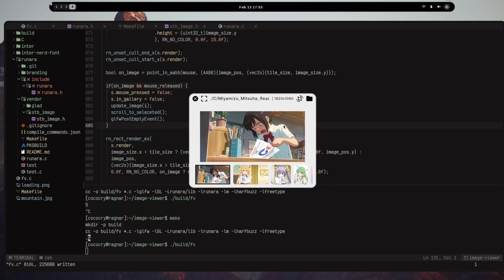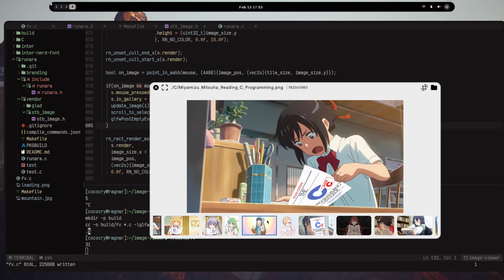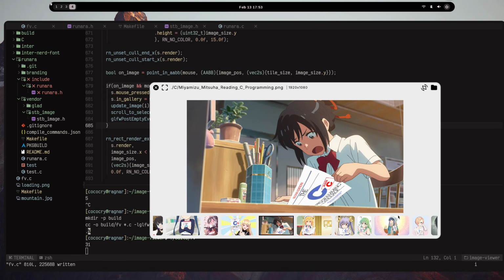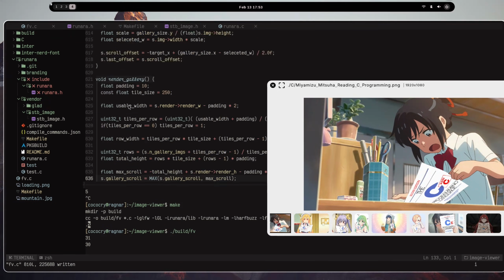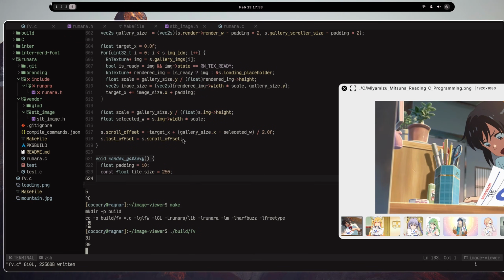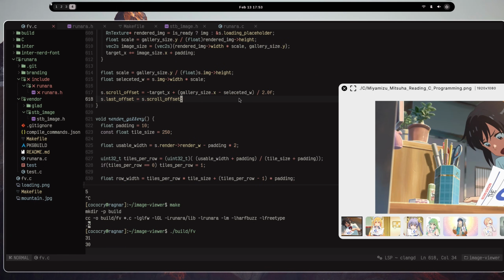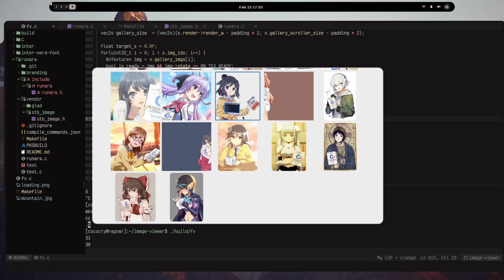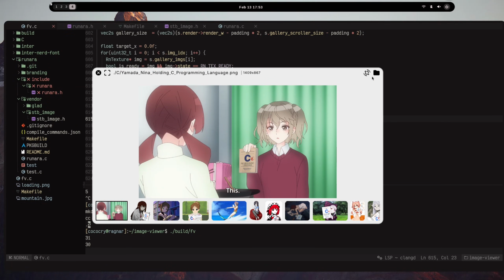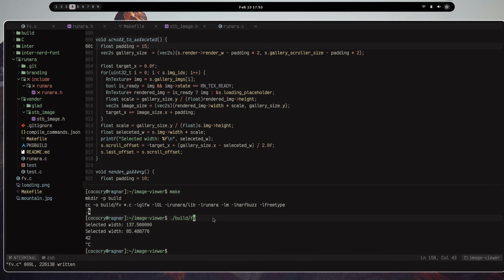Okay, so we selected her, and it correctly selects her, but it selects her in a weird position. Why is it not centered as I wanted it? Let me check. Plus the gallery size.x, which is correctly that, minus selected width, which is correctly that. Okay, so what the heck? Okay, let's try. We selected this. Yeah, it's not really centered, right? Oh my god,